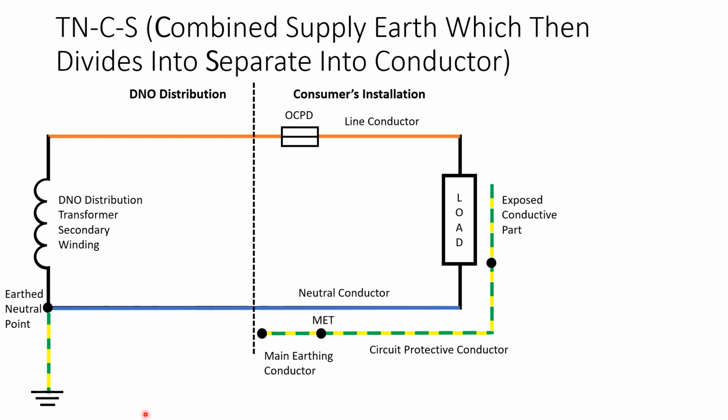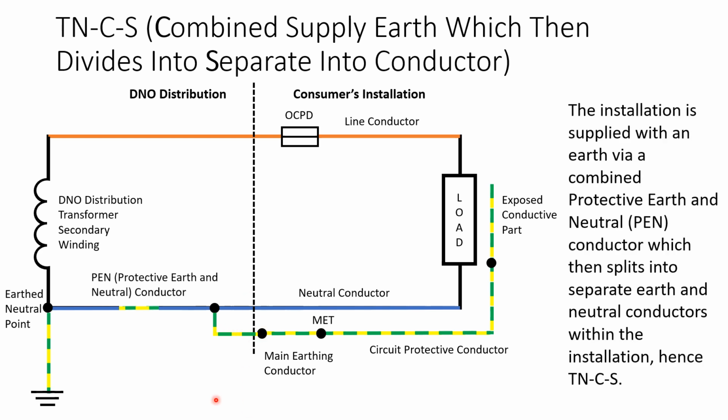Now, the characteristics of a TNCS are that this conductor here is a combined neutral and earth, which then as it enters the consumer's installation splits out and separates into a separate earthing conductor. Now that combined earthing conductor is what we call the PEN conductor. So this is your PEN conductor here,